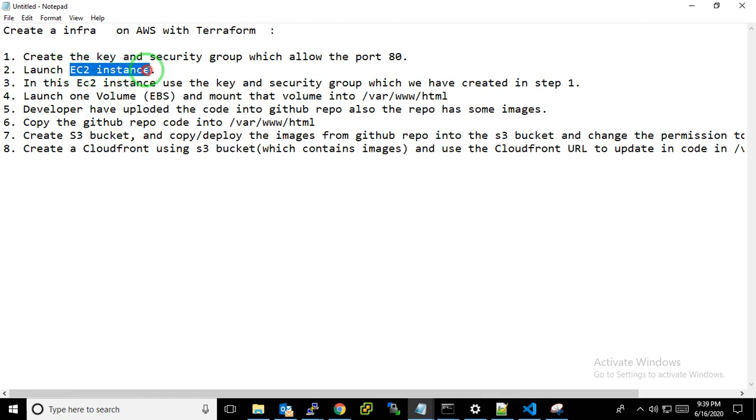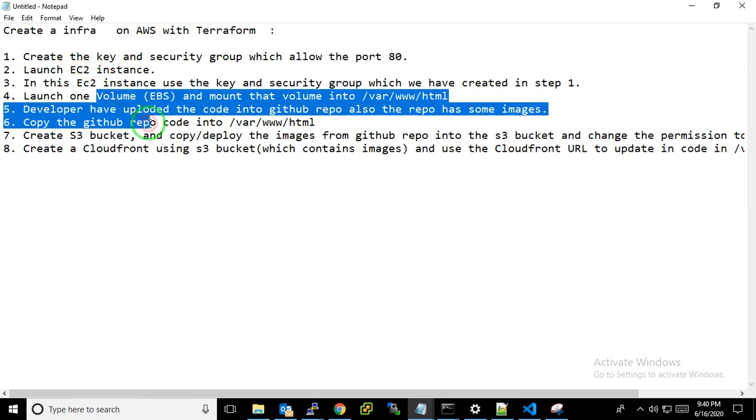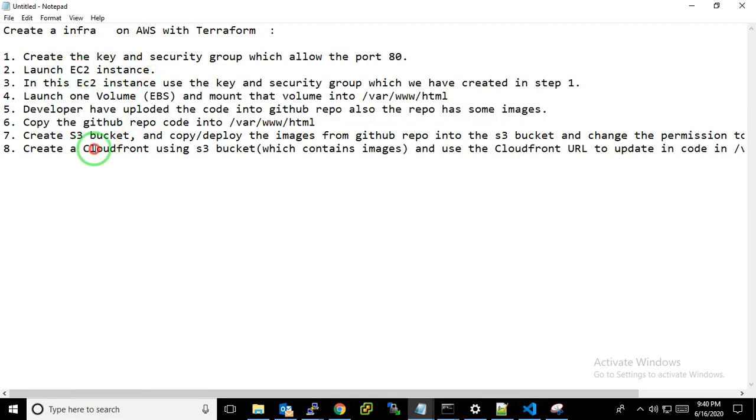Let's suppose my EC2 instance is running in Pakistan or India or Singapore, and you are coming from Australia. My code will come from the EC2, but my image will be served from the CloudFront. CloudFront in AWS is a service deployed in every region, so my nearest CloudFront will be Australia. So my image will be served to you from the CloudFront of Australia.